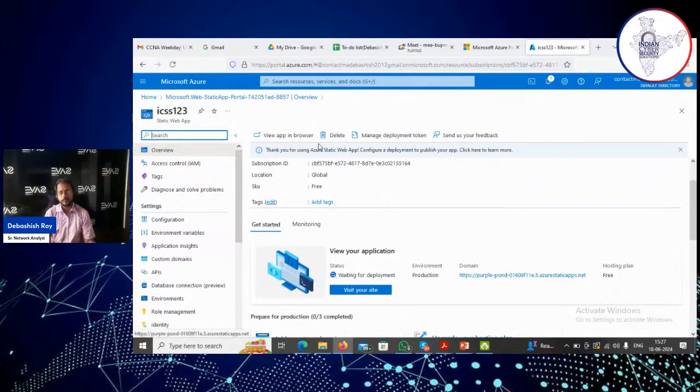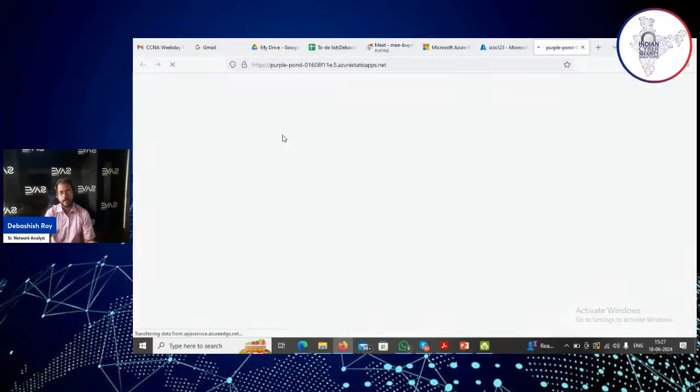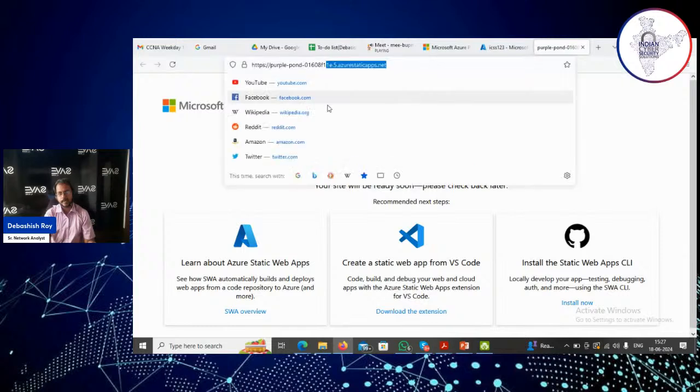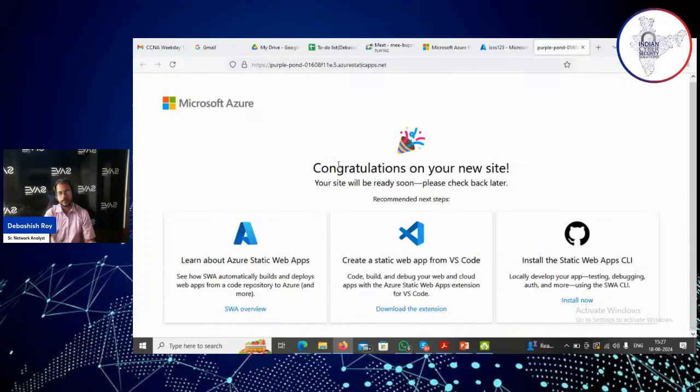So that is your app. You can view the app in the browser. So your app is definitely functioning because you have got a domain name, and also you have deployed the web app successfully. Now, definitely you have to code it instead of the static app from CLI or VS Code or static web app. So anyway, you have to code it. Then only your web applications will be hosted on the server.